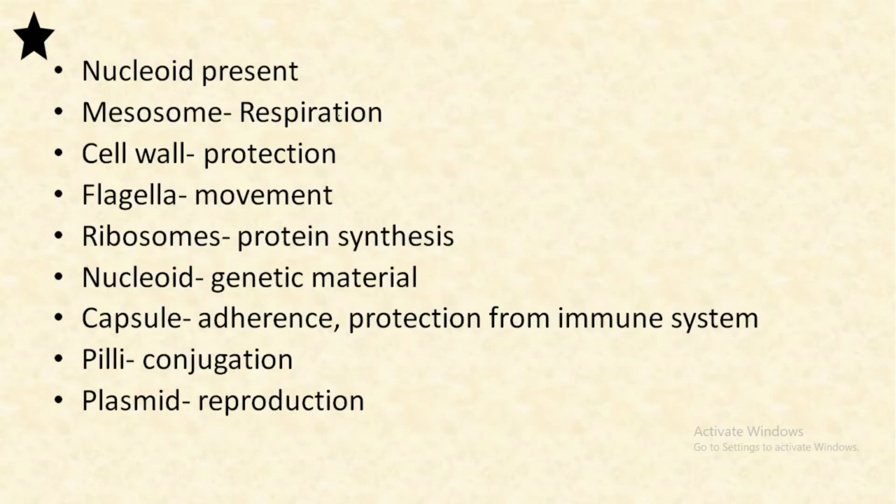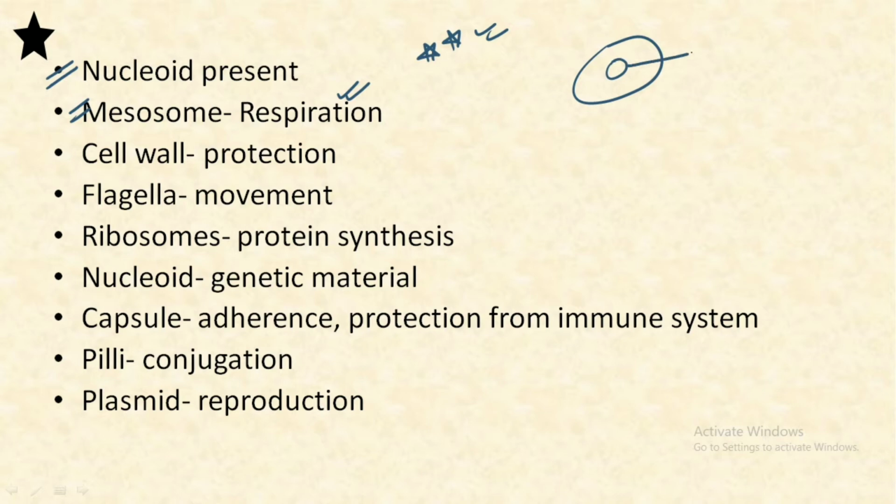In this slide we have the important organelles and their functions listed. Make sure you remember each one of them because questions have been framed many times from this area. We have the nucleoid present because prokaryotes are the primitive organisms. Instead of the nucleus, which is a characteristic of the advanced organisms, we have a primitive form of the nucleus which is given the name nucleoid. Then we have the mesosomes, which are the infoldings of the plasma membrane towards the cytoplasmic side, which is helpful for the respiration process in the prokaryotes.